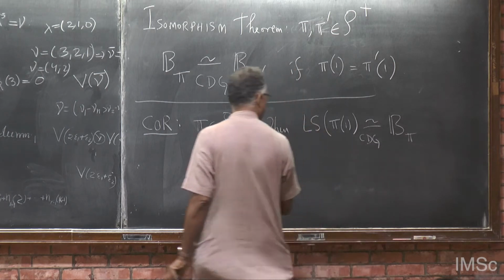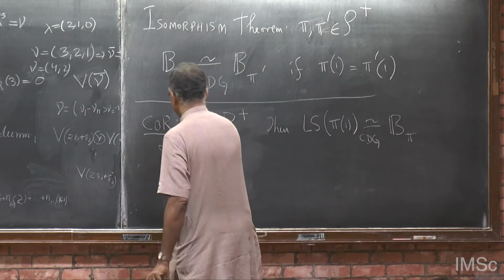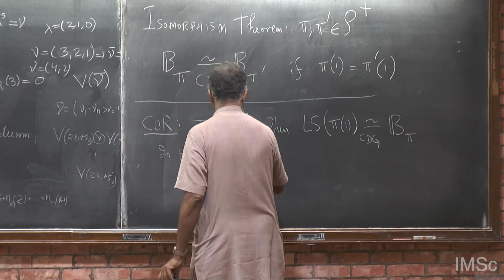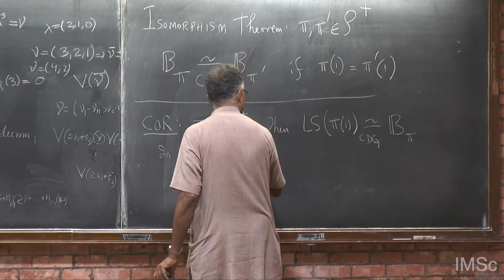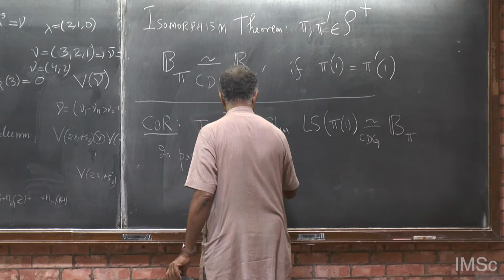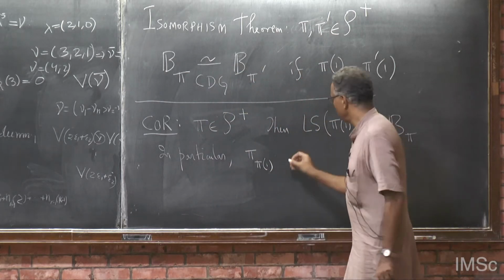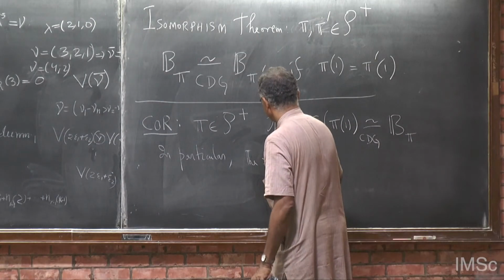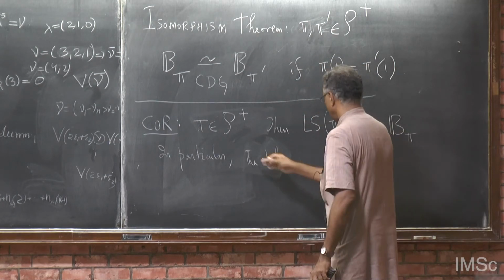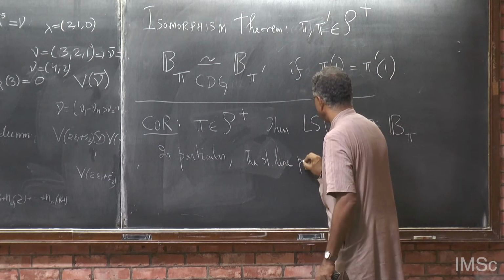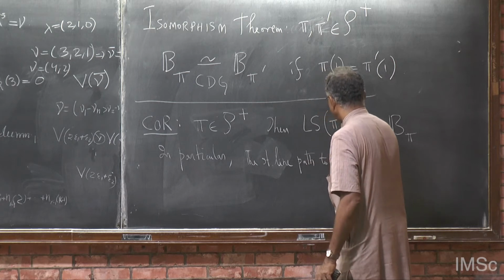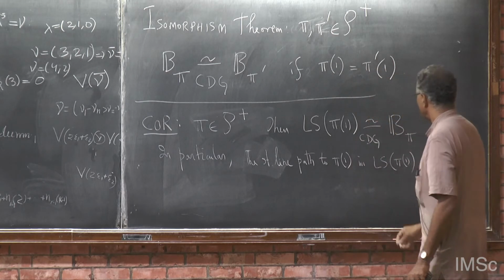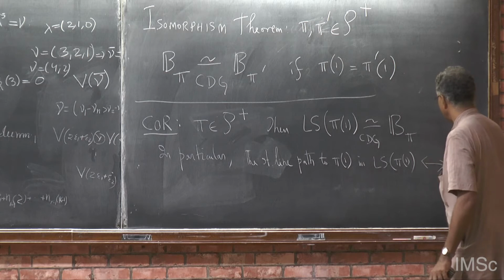So the conclusion then, in particular, let me not use that strange notation: the straight line path pi 1 in LS pi 1 is mapped to pi,